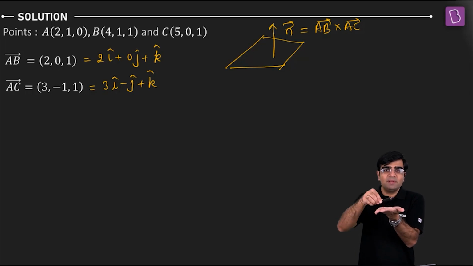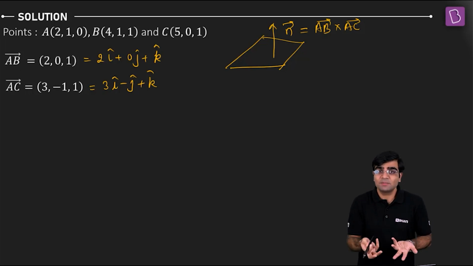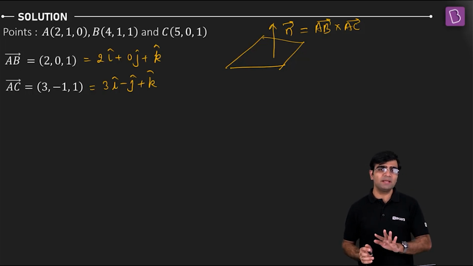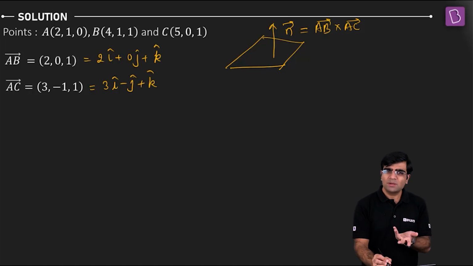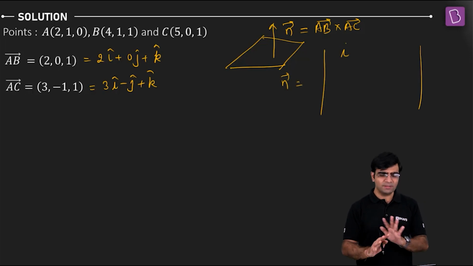So if I have vector AB and vector AC, the cross product will become somewhat like this. And this is clearly perpendicular to the plane, and this is nothing but the normal, as simple as it sounds. So I have to take the cross product of AB and AC. Let's quickly do that. You know how to take the cross product. Just simply take up the determinant. So this AB cross AC, or vector N, will be along this, right?